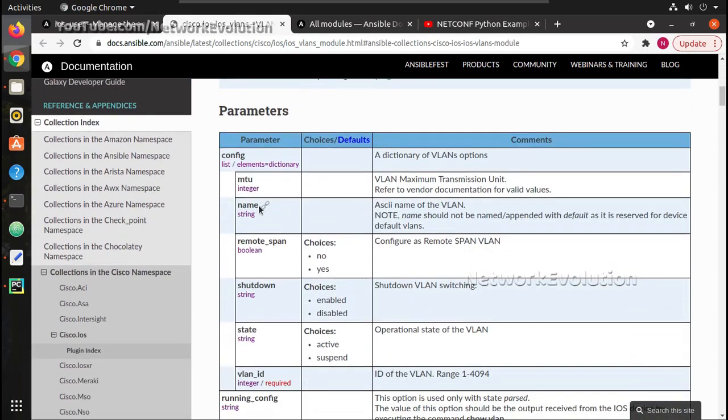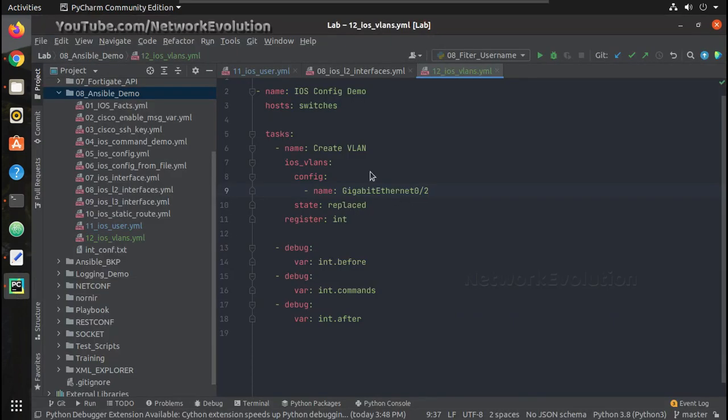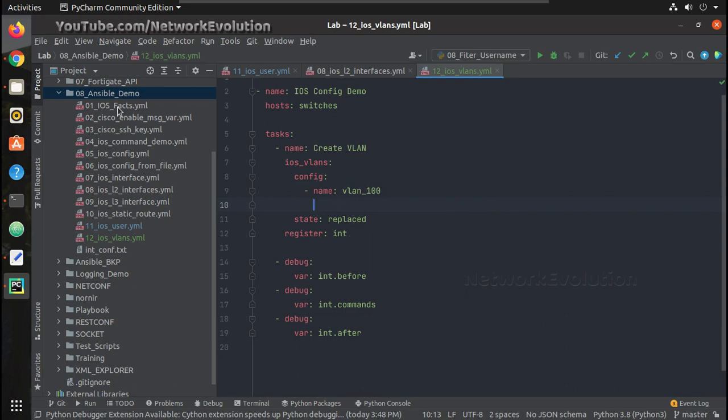Here under the name we need to give the VLAN name. I will call that VLAN underscore 100, and then VLAN ID is a mandatory value. VLAN ID we will give 100.